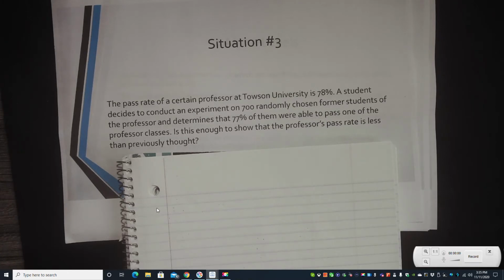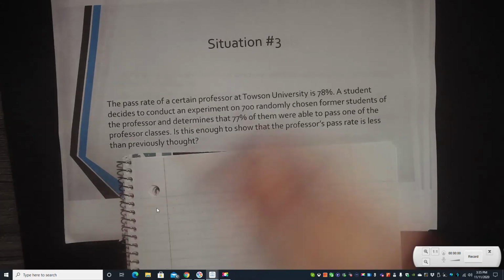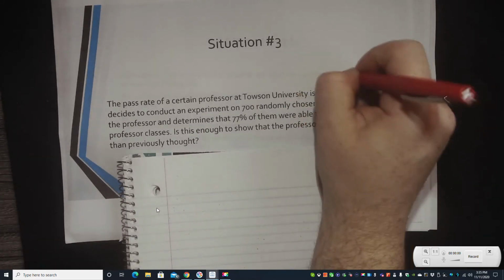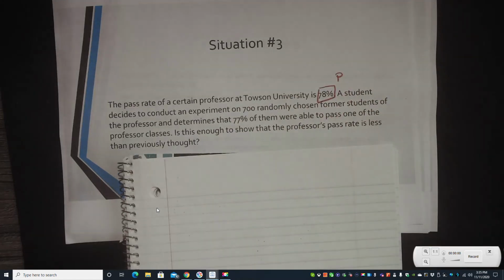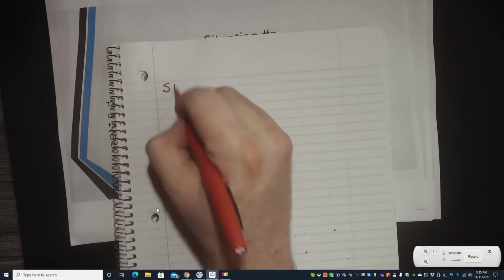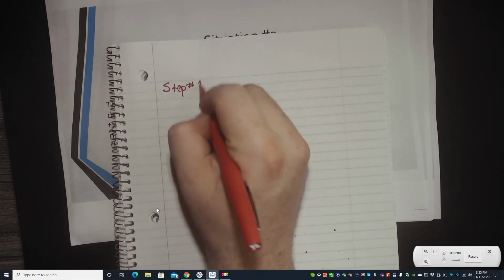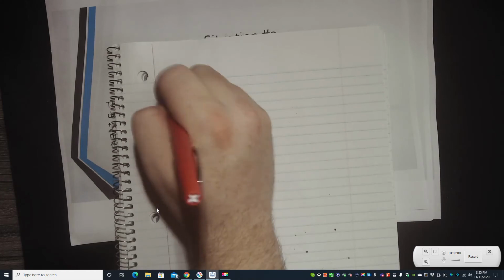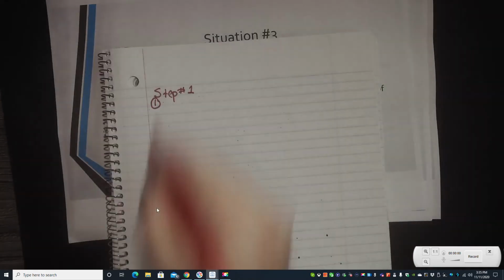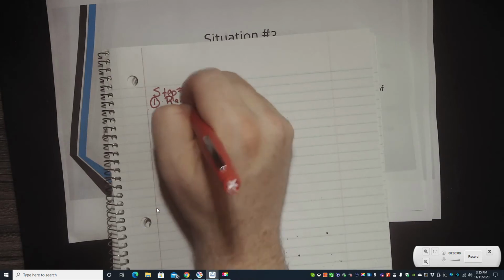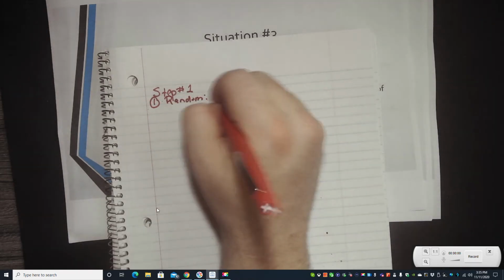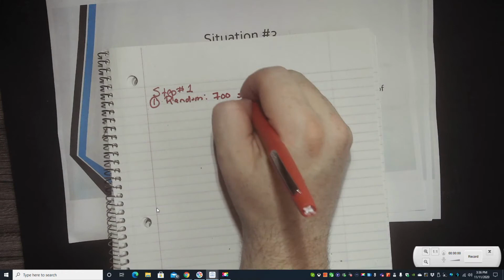So let's take a look at it. Which color am I going to use? We'll go back to the old colors. So well, first off, before I do steps, remember this is P. This is based off the population. 77 is based off the 700. Okay, so we're going to look at this and say step number 1. And we had how many? 700, so random. 700 students